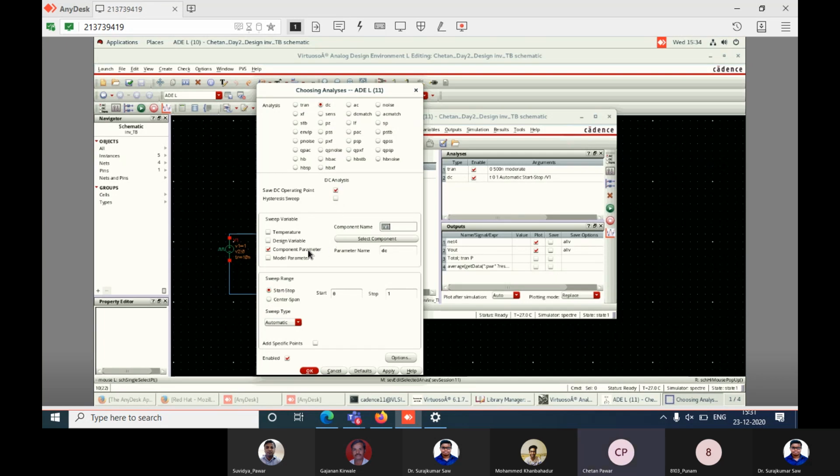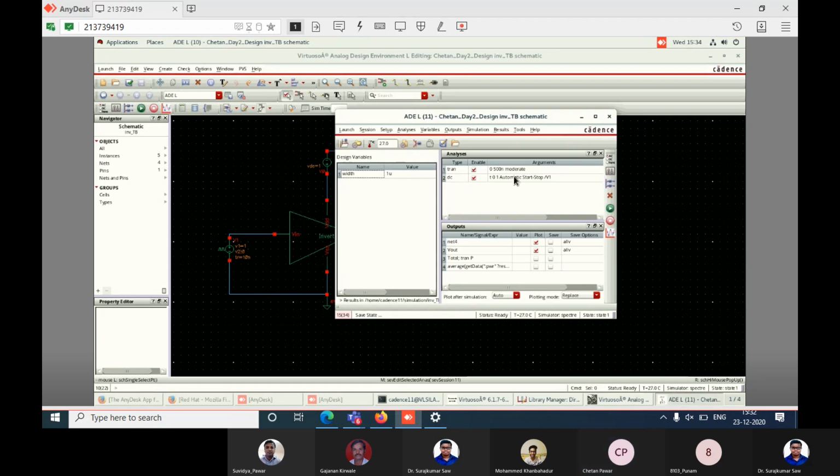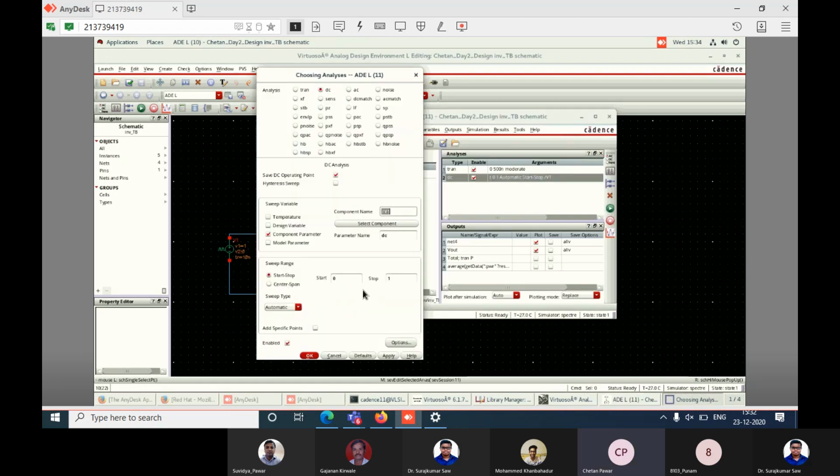Now go to the component parameter. Now select the component. After selecting the component, it will come into the schematic editor. Now you select this source, input source. Now select the DC voltage of that. Good. Now go to the ADE again. So this window will come, right?